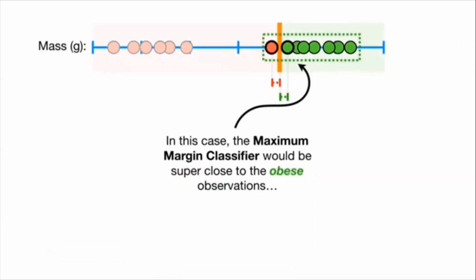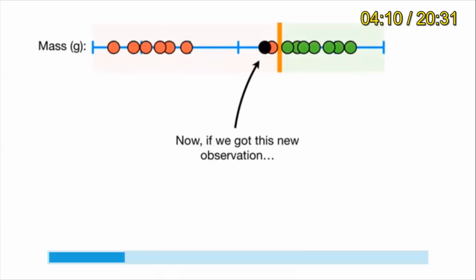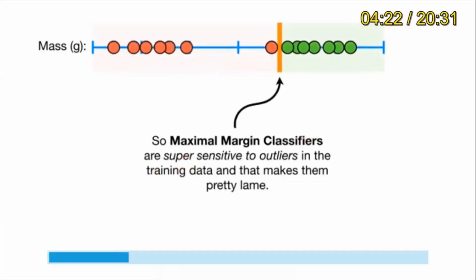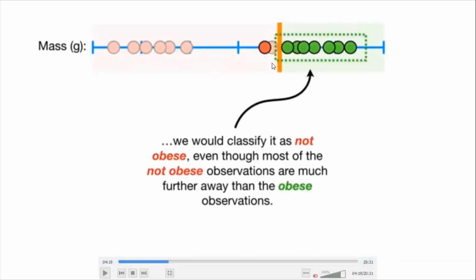So what exactly can we do? As you can see, if you use this particular classifier, it's going to guess most of the answers wrong. If you have some point here, it will guess it as not obese. But as you can see, it's closer to the points which are obese, yet it's classified as not obese because of only one outlier.